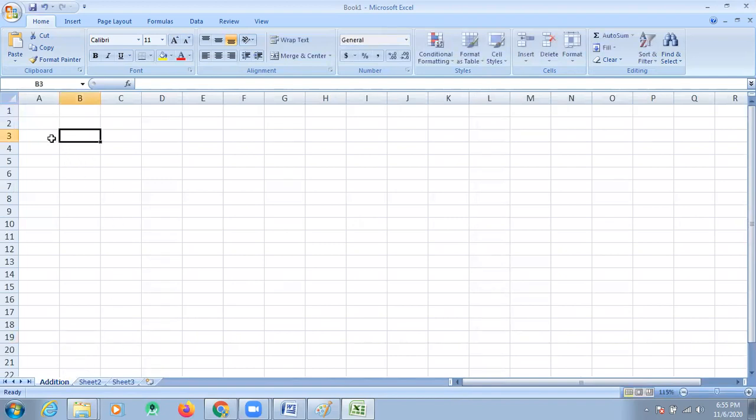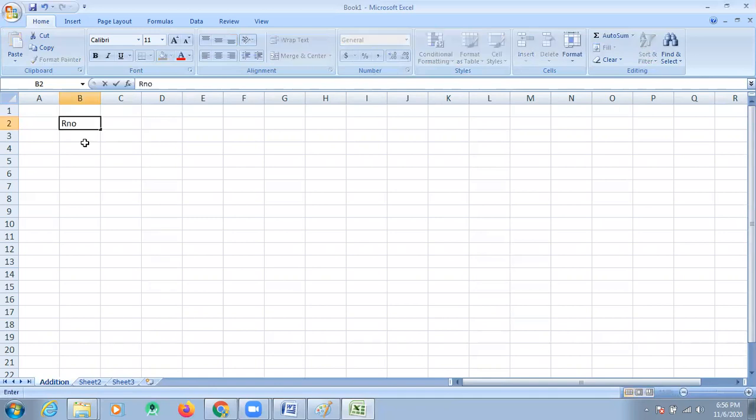Okay. If you want to enter data into a worksheet, this is also called a spreadsheet. Worksheet and spreadsheet both are the same. If you want to enter data on a worksheet, you can click on the cell where you want to enter data. I want to insert data from the B2 cell. Okay, look here.